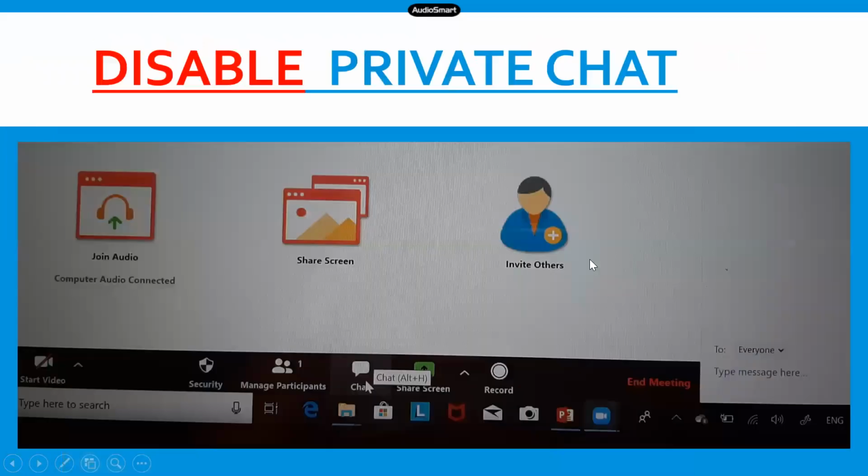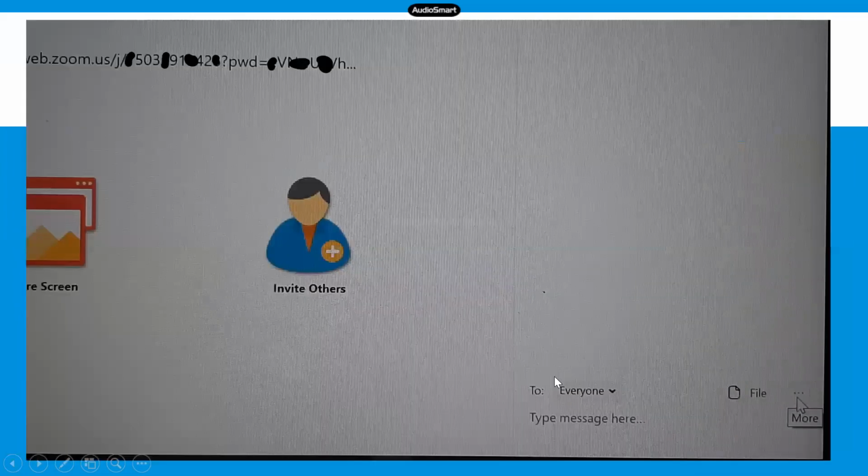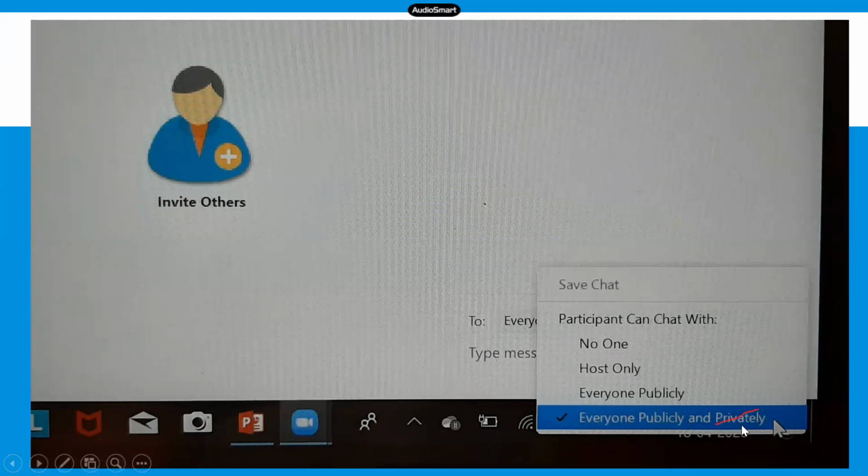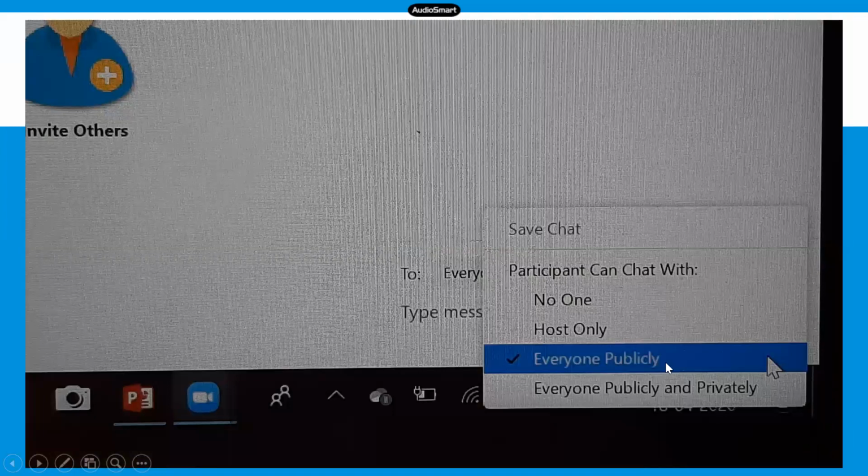You select that. To disable private chat, click on the chat and you will get more options. Click on that. Here, everyone publicly and privately is selected, meaning a message can be sent publicly or privately to each other. Instead of that, you must strike out privately and select everyone publicly, so that when you are giving an opportunity privately, sometimes students may indulge in private chatting while you are conducting your class.